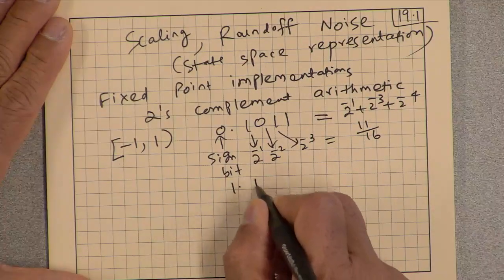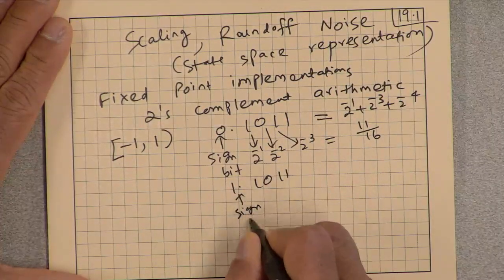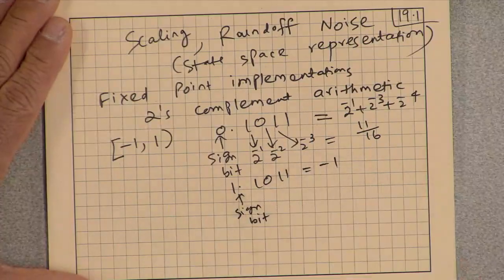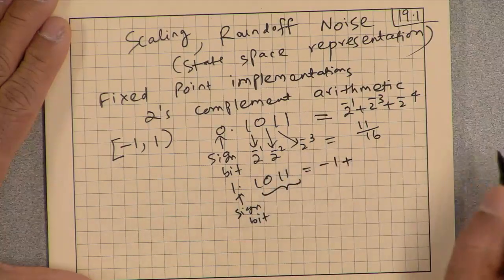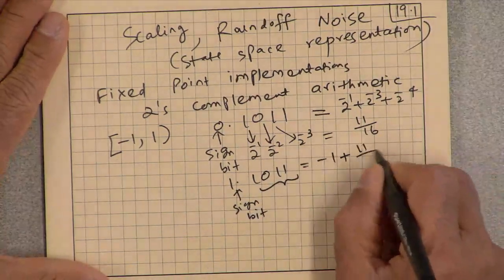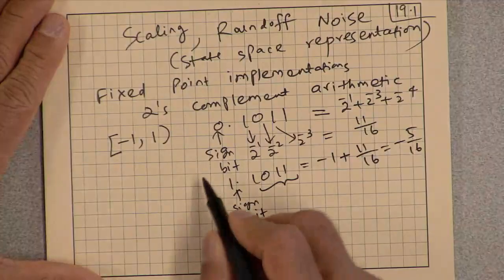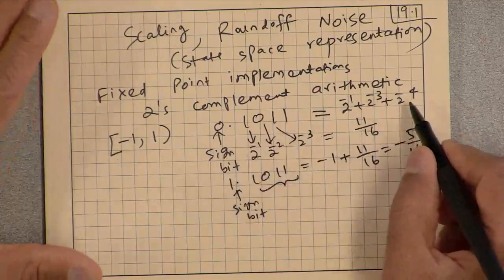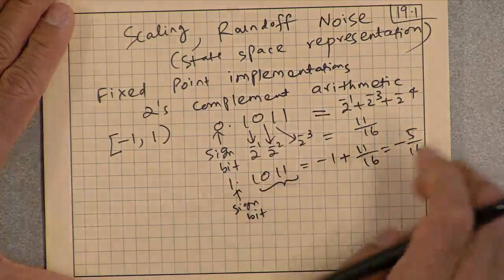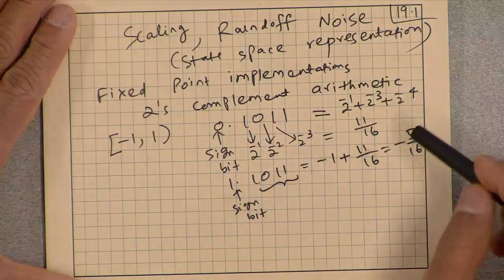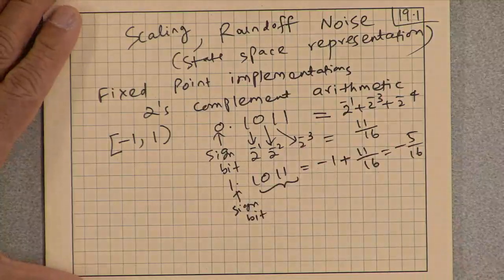And if this was 1.1011, and this 1 again is a sign bit, which means if this is 1, the arithmetic value is -1, plus the weighted bits, which are the same, 2 to the power -1, 2 to the power -2, etc. And then this is -1 plus 11 by 16, which would be -5 over 16. So that sign bit, if it is 0, then that's a positive number unless these are all zeros, in which case that's 0. And if the sign bit is 1, then you know that's a negative number. Okay, so